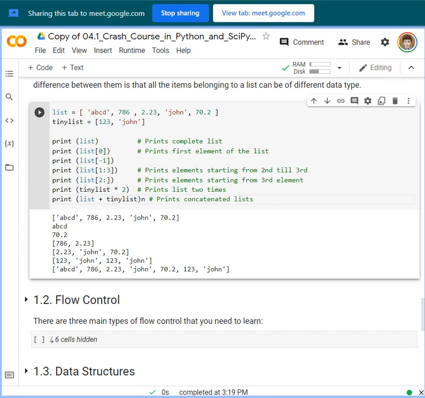But in a tuple, it is not possible. The value inside cannot be changed or updated, hence tuples can be thought of as a read-only list, so it cannot be updated. Okay, so that is the difference between a tuple and a list.